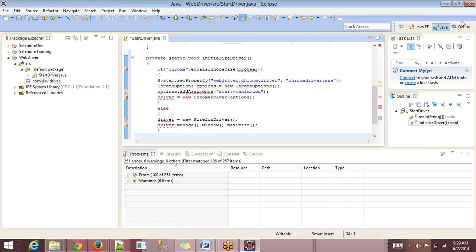Private static initialize driver. So here I need to accept browser as the input parameter, browser. So based on the browser,